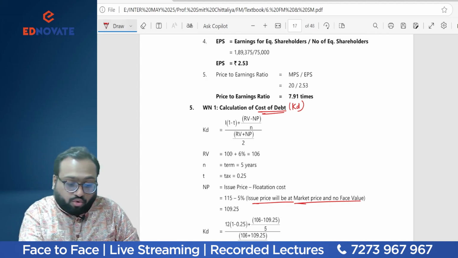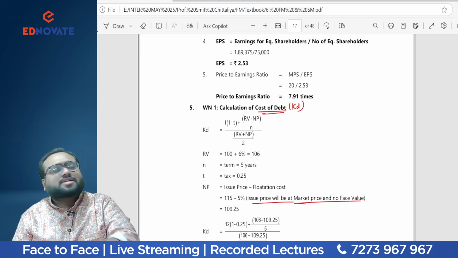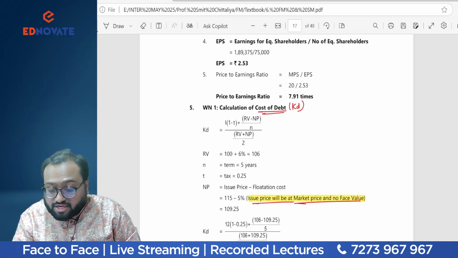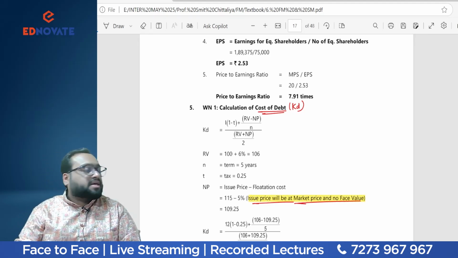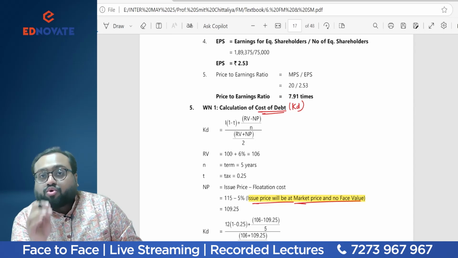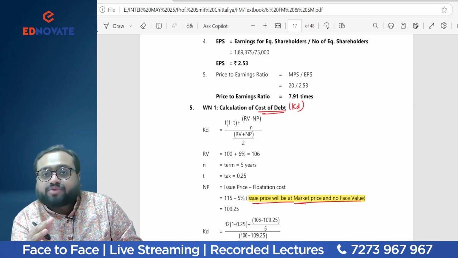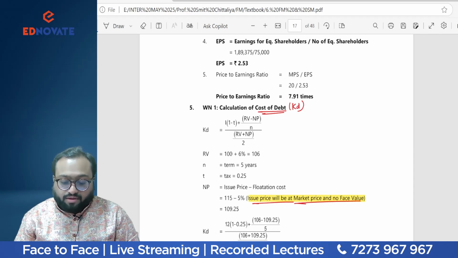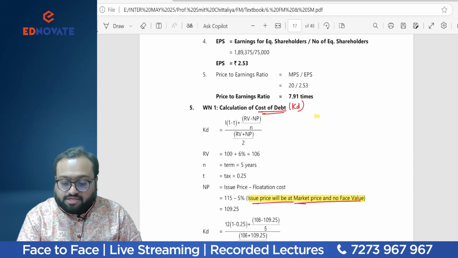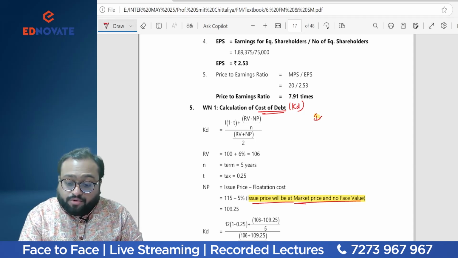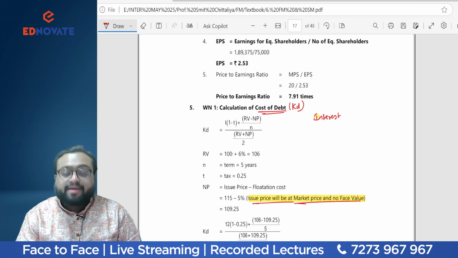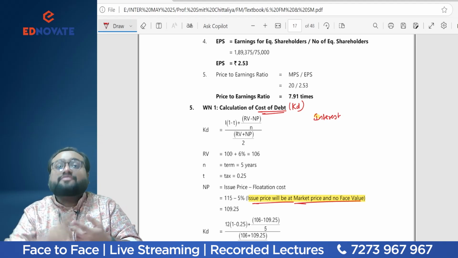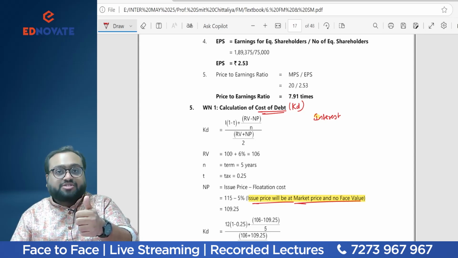So students, make a note, whenever it comes to flotation cost, kindly take it on the issue price and market price and not on the face value, because very specifically in the RTP also this time they have noted the same and told that if the question says to find on face value, then only find on face value, otherwise no need to. So what will be the interest amount? Interest will always be on the face value. Do not forget, any interest, any dividend, interest on debt capital, dividend on preference share, dividend on equity share will always be on face value.